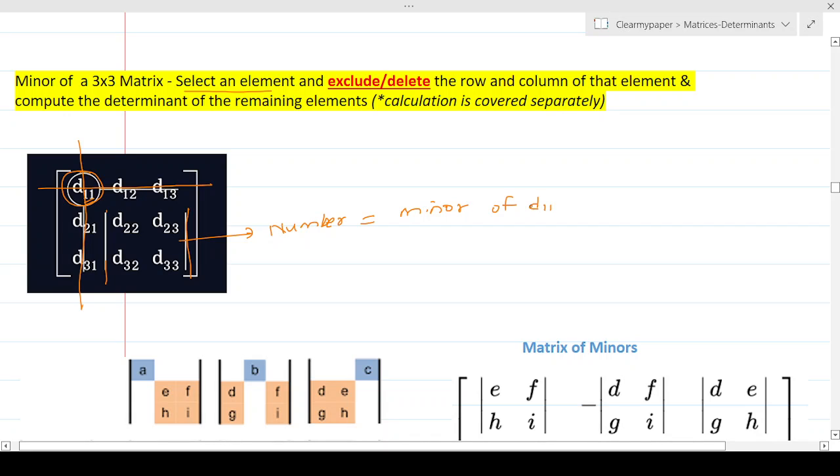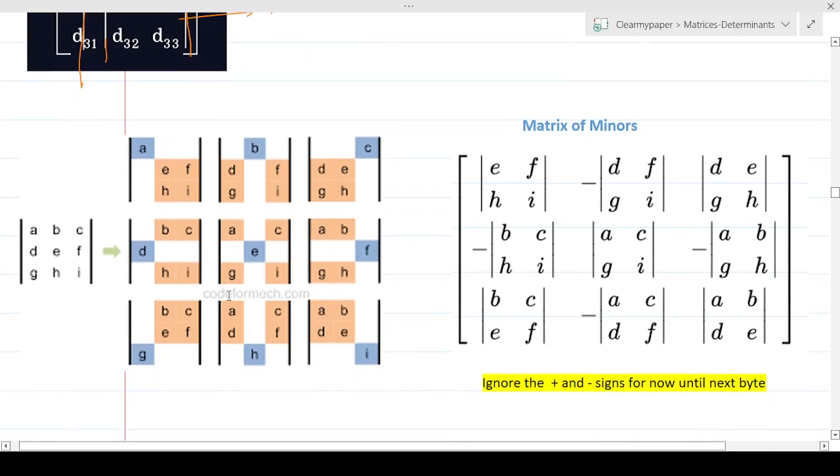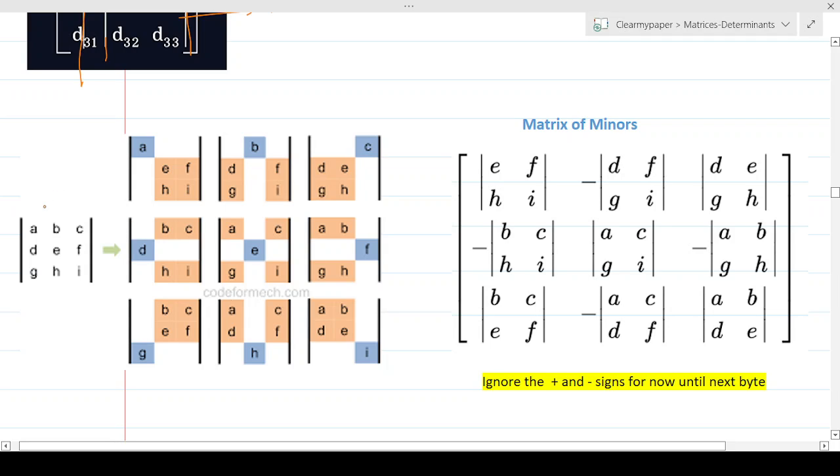That's what it is. So let's take it slow and go again. In this case, there's a nice visual capturing everything together. Don't get overwhelmed, go slowly. What they've done is taken a 3 by 3 matrix, and I think I copied this from Google, from this site, I think Code for Mac. Thank you, Code for Mac, for this. So let's say there is a 3 by 3 matrix with elements A, B, C, D. There is no number suffix here, but you will see the same concept. For every element, we are going to find a minor. Every element which needs to have a minor is highlighted in blue color over here.